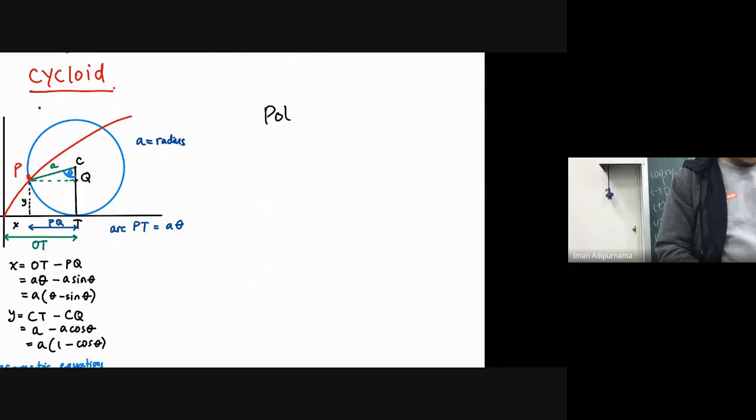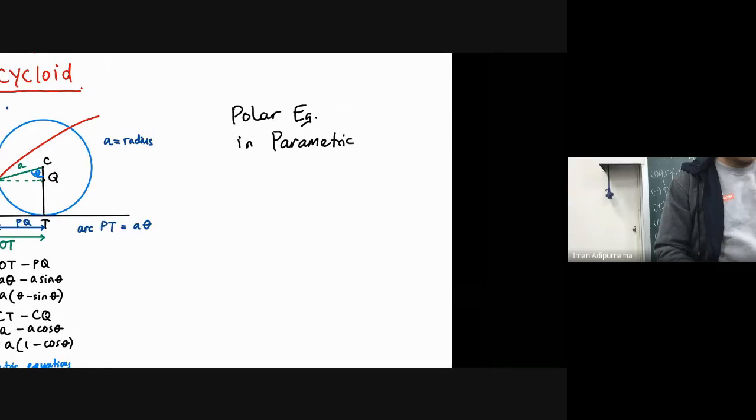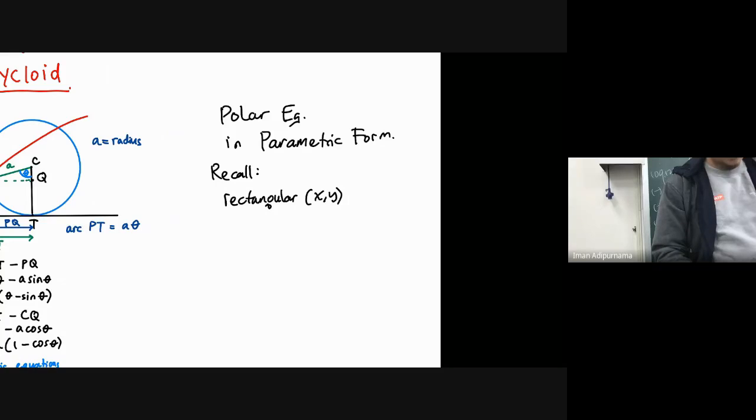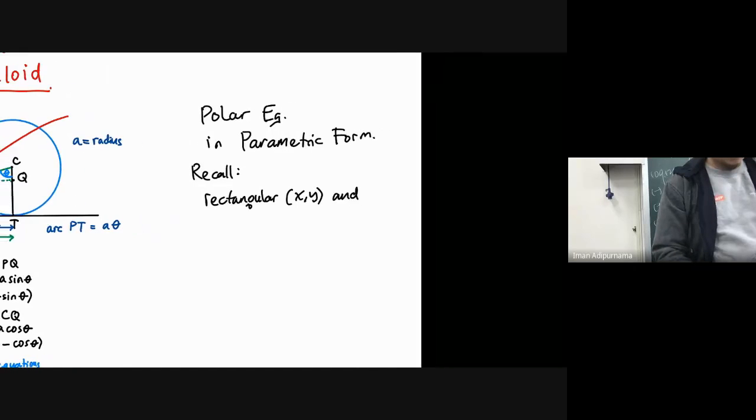So polar equations in parametric form. So recall rectangular x, y and polar